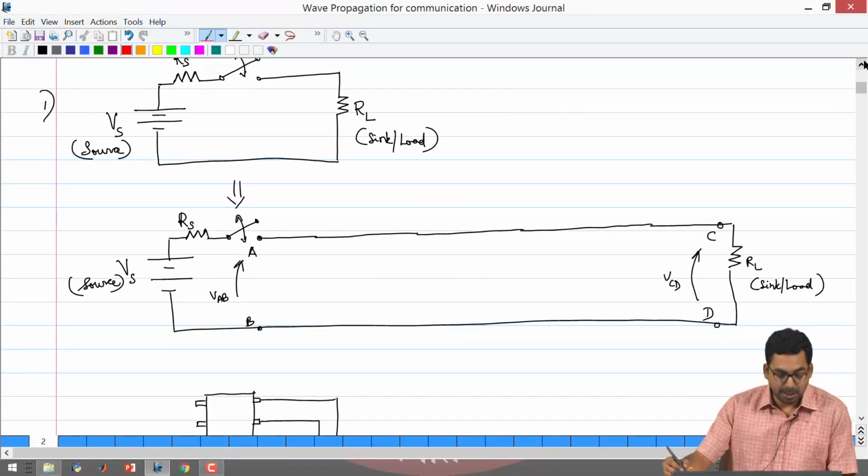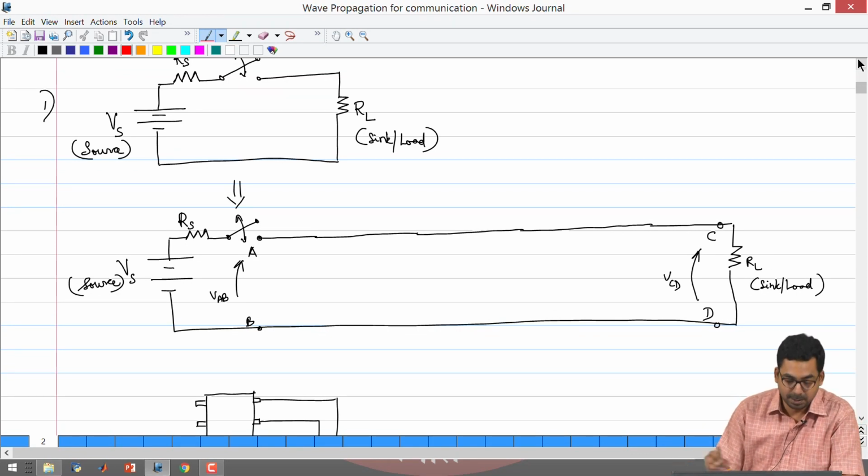We'll get started. A quick review of what we had seen yesterday. Started with an elementary circuit which had a battery with a series internal resistance and a switch that can open and close, and a load resistance on the other side. A typical low frequency circuit diagram where the length of the wire connecting the switch to this resistor is not